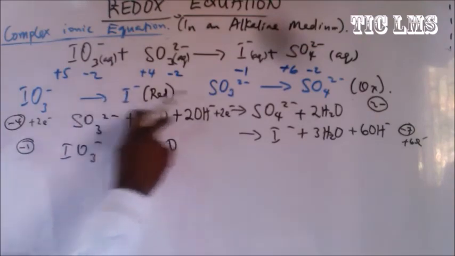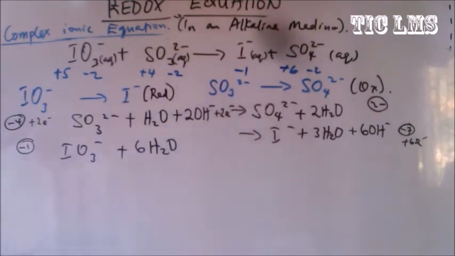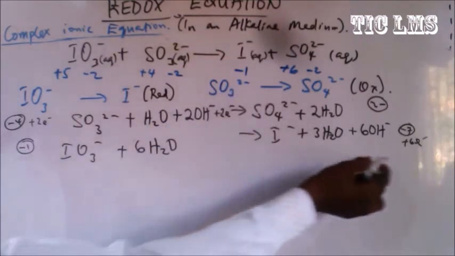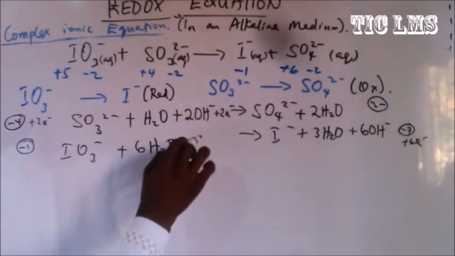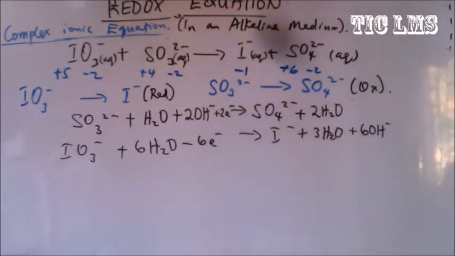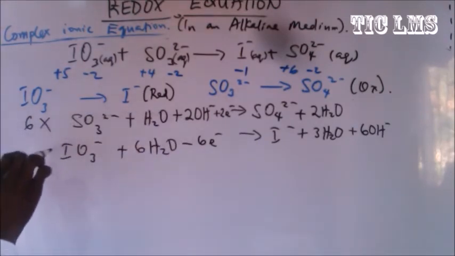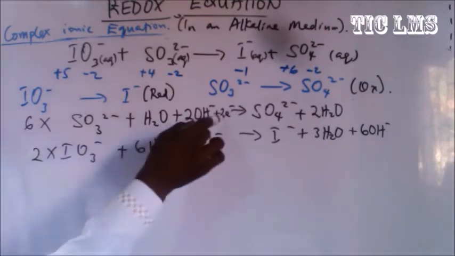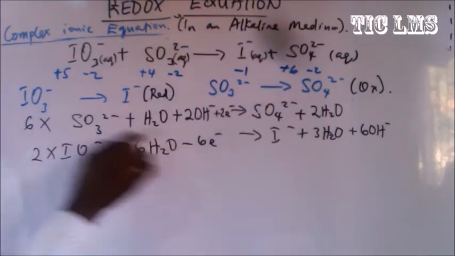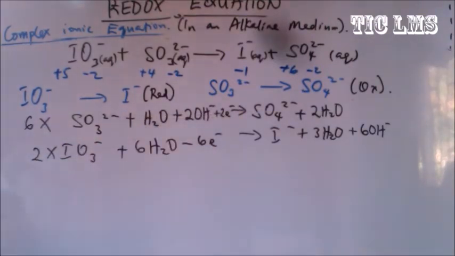That is of the oxidation equation and the reduction equation. And so instead of having plus 6e there, we have it as minus 6e over here. Next, we are going to multiply equation 1 with 6 and equation 2 with 2, because we have 2 electrons and we have 6 electrons. So the 6 comes here and then the 2 comes here. And so we have